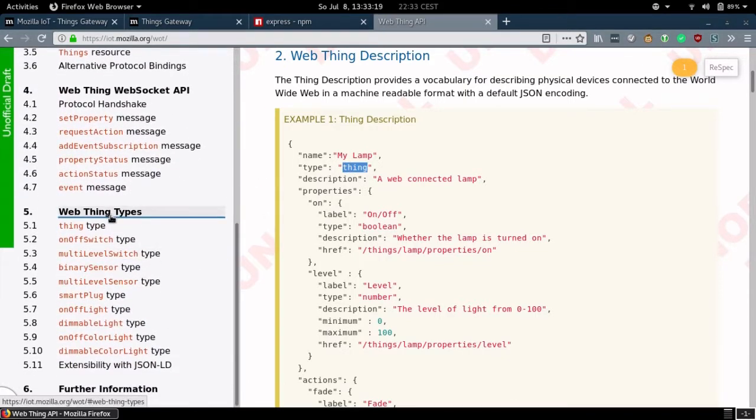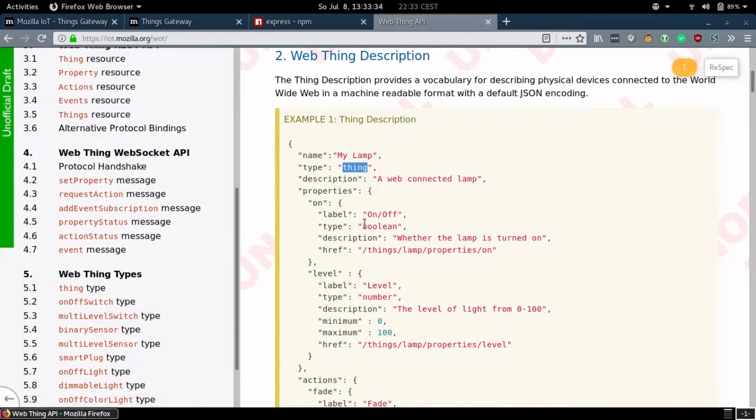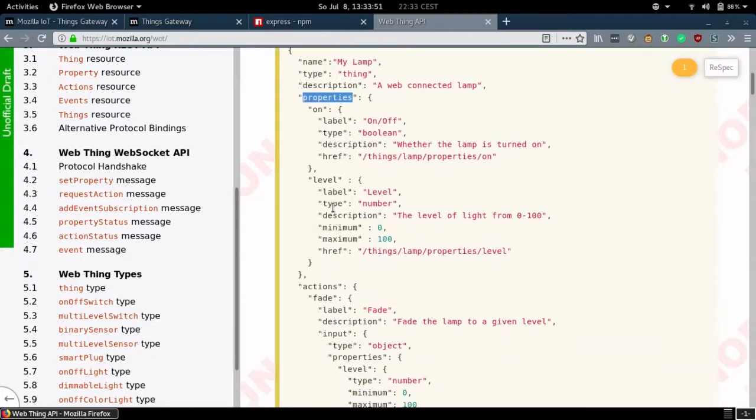Currently they're considering adding web thing types in here, which is like a thing or an on-off switch, multi-level switch, binary sensor, multi-level sensor, smart plug on-off. You get the idea. But since I don't know how to further describe the thing I'm building right now, I'm just gonna stay with the type thing. A description, properties, and that would then for me be something like, is it a weekday, or